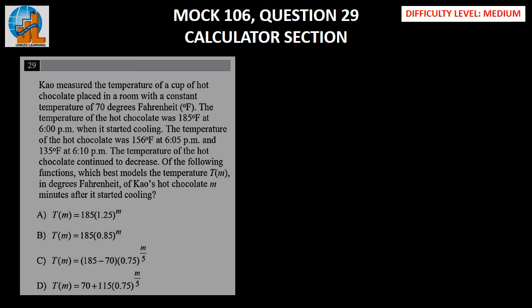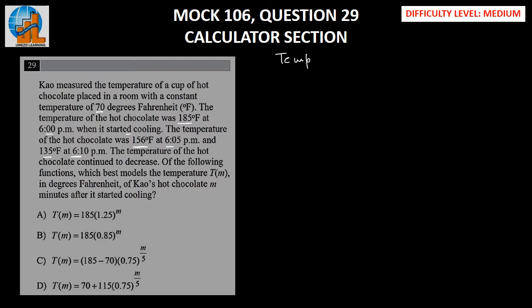Cow measured the temperature of a hot cup of chocolate placed in a room with a constant temperature of 70 degrees Fahrenheit. Now, the temperature of the hot chocolate was 180 degrees Fahrenheit at 6 pm when it started cooling, and the temperature of the hot chocolate was 156 degrees Fahrenheit at 6:05 pm and 135 degrees Fahrenheit at 6:10 pm. So let's just make a table over here